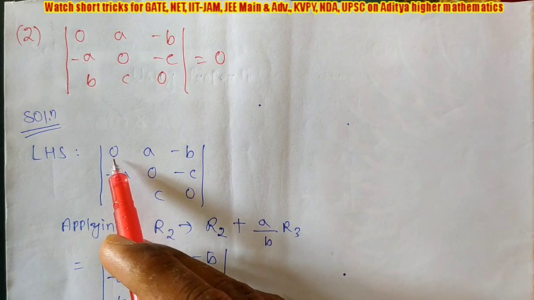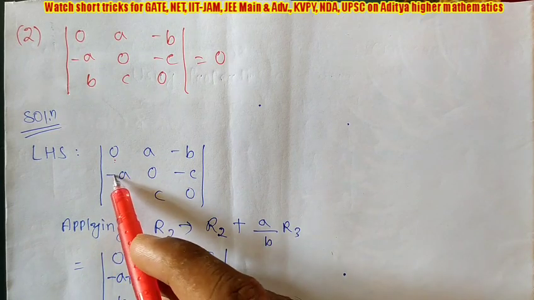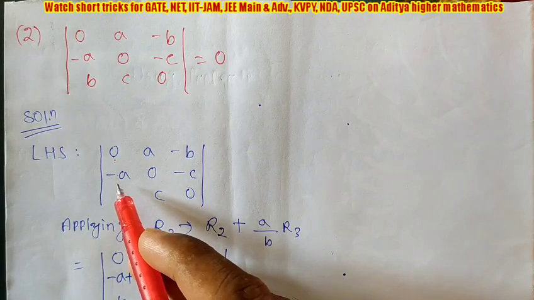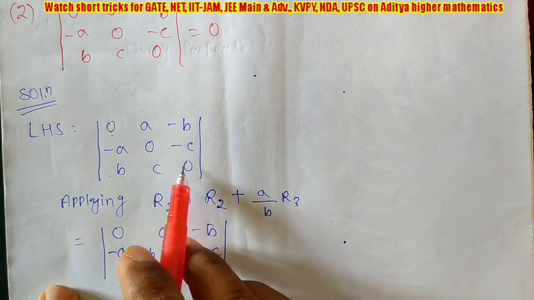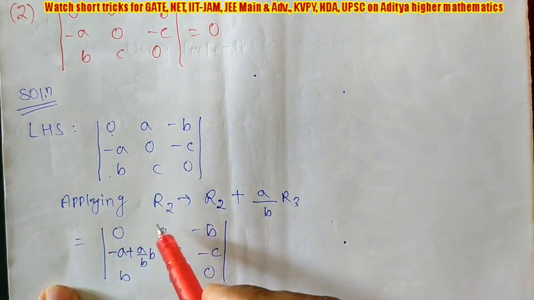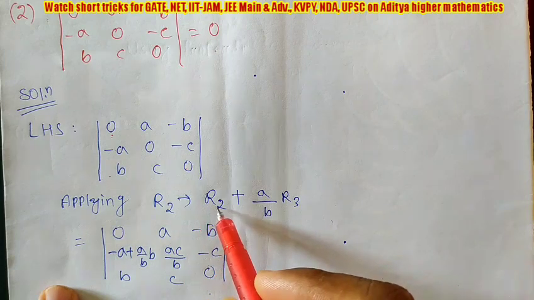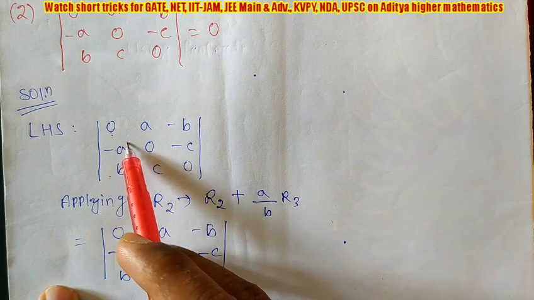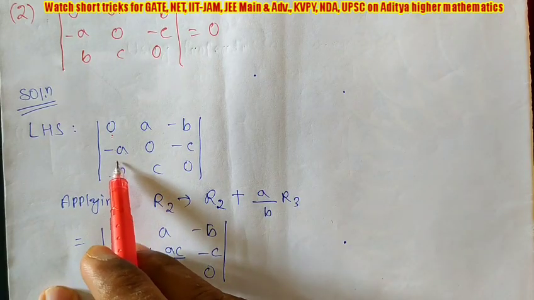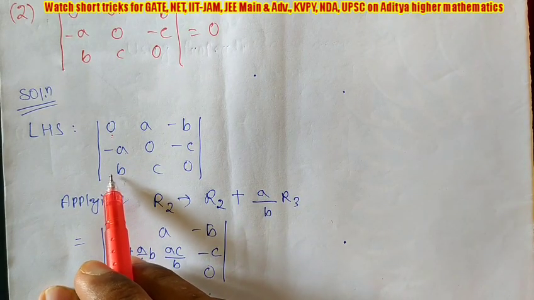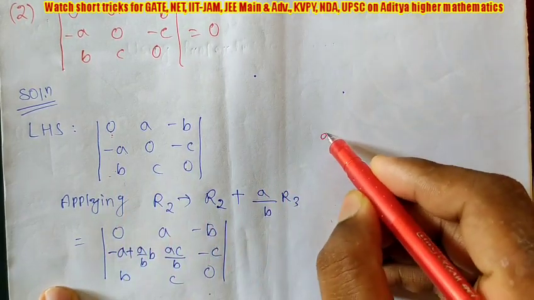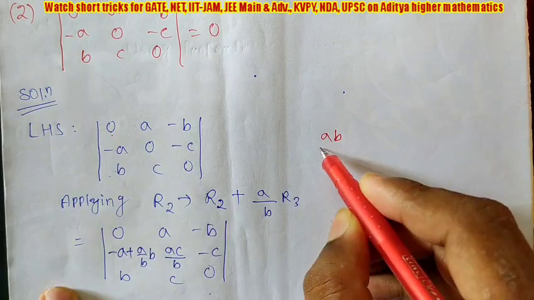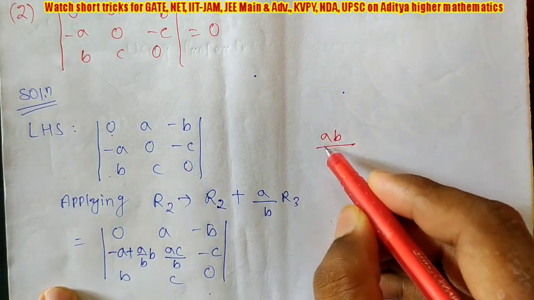So here you can see already R1 element is 0. So you have to make that R2 element 0. Understood? And since the non-zero element present in R3, you have to use R3 to make R2 element 0. So what I am doing, R2 changes to R2 I am writing. Okay, and we have to use these two elements. Okay, since here there is no A, you have to multiply A, otherwise you never get 0. If I multiply A, you will get AB.